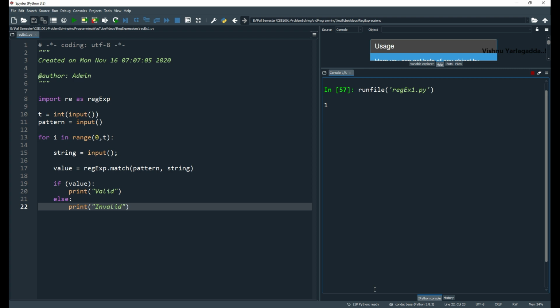So only one test case, cap symbol, backslash cap S, start. Now I'm going to start with start.